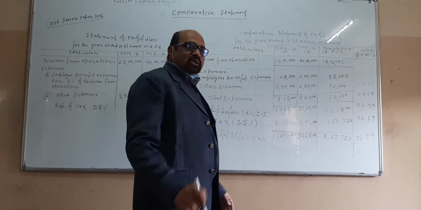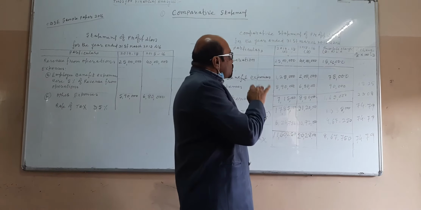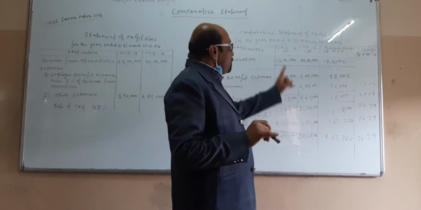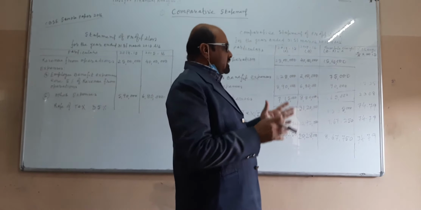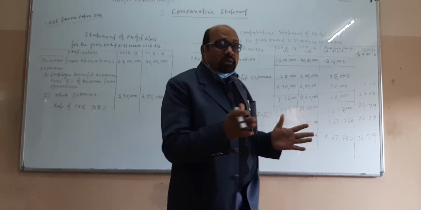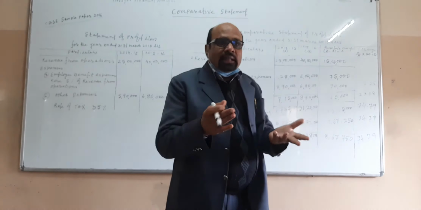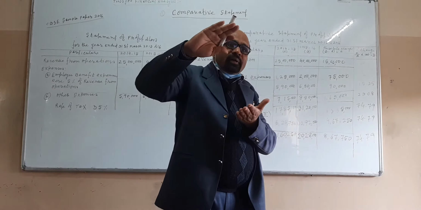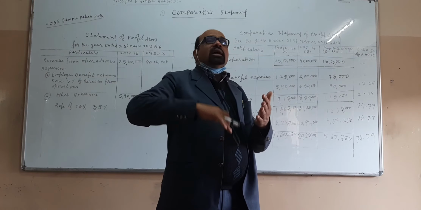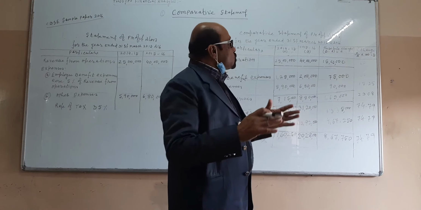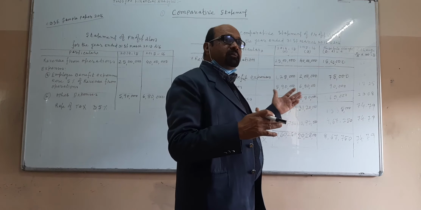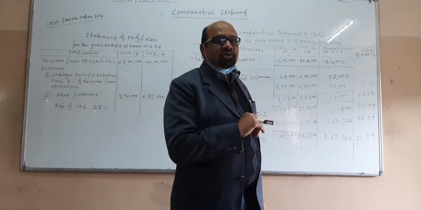Now students, you calculate the absolute figure. Absolute figure is, I told you earlier also, B minus A. That is current year amount minus previous year amount. Because we want to know the trend of upgradation, or whether the amount has decreased or increased. Right? So how do we calculate? We deduct the amount of the previous year from the current year.